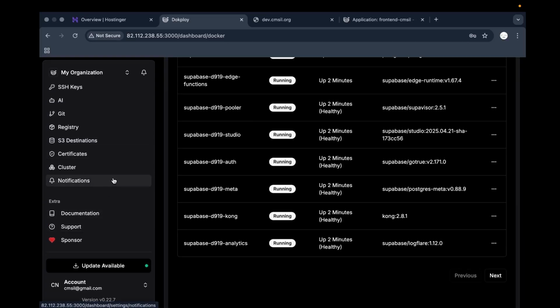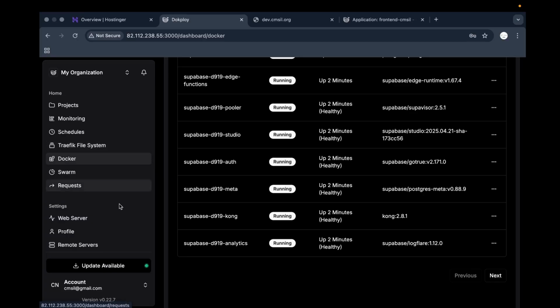Like in the documentation, you can explore other things also. And don't update the server without asking me. Okay,